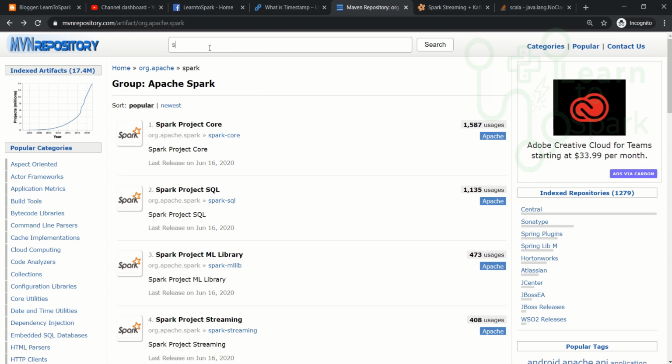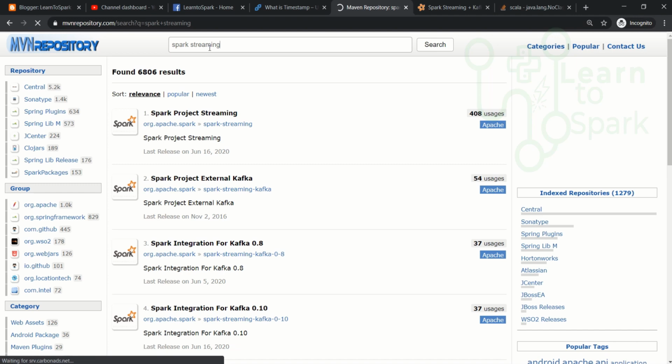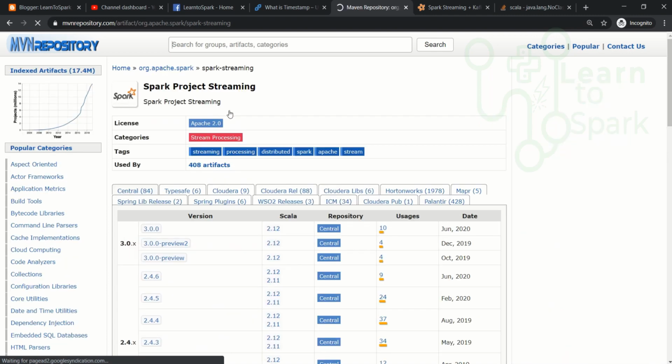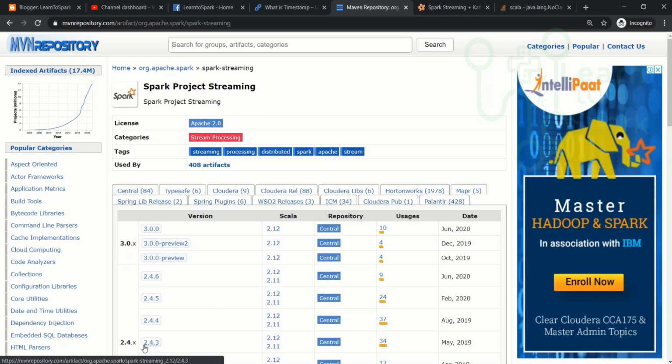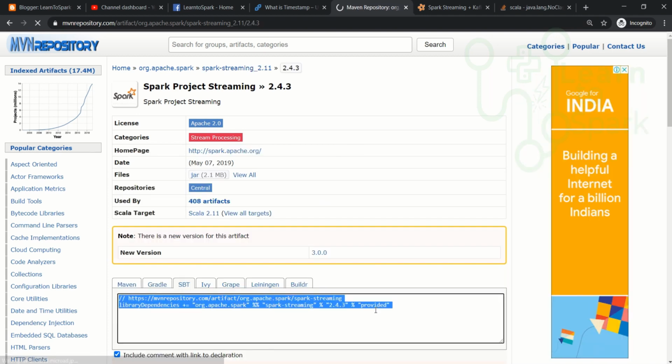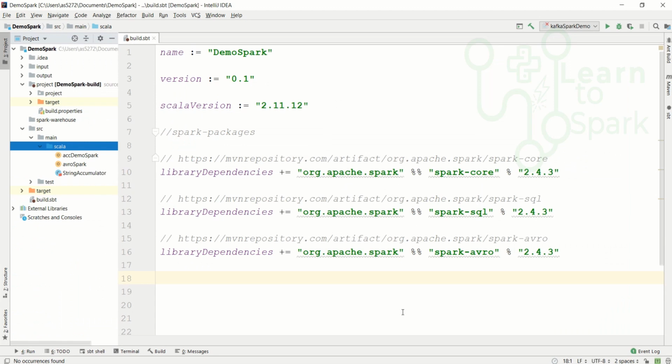Here let me search for Spark streaming, and we have Spark project streaming, which I will select, and let me choose the 2.4.3 version and 2.11 of Scala, and I will copy this and paste it here.